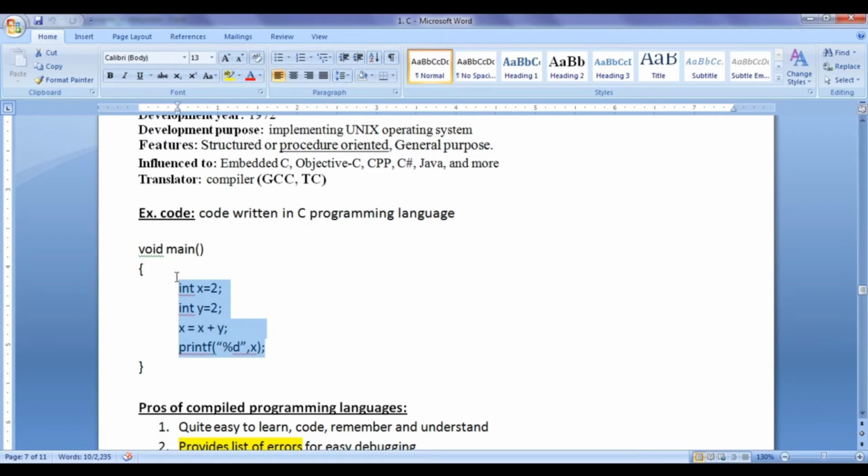As C is a procedure-oriented programming language, codes are written inside procedures. In procedure-oriented programming languages, anywhere you find a name followed by a pair of brackets, such blocks are called procedures or functions. We are going to discuss these terminologies like procedures, procedure-oriented programming, structured, general purpose later in detail, step by step.